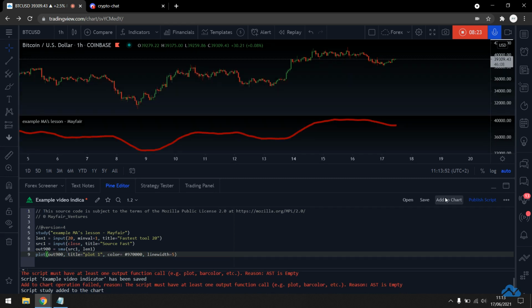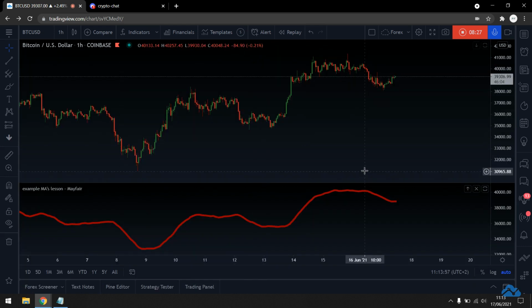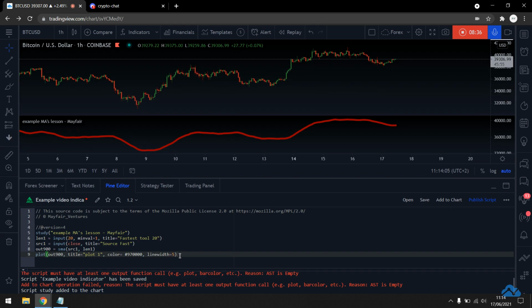So we've now got the indicator added to the chart. The one problem we'll see immediately is that we've got a moving average which is off the chart itself. The one thing that I haven't really specified is where I want this to be.